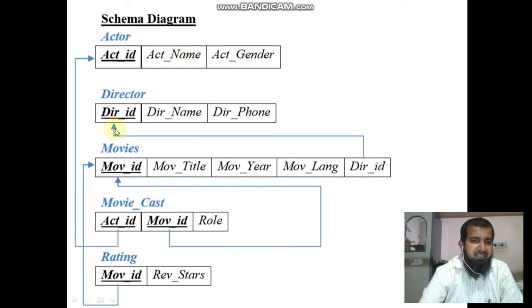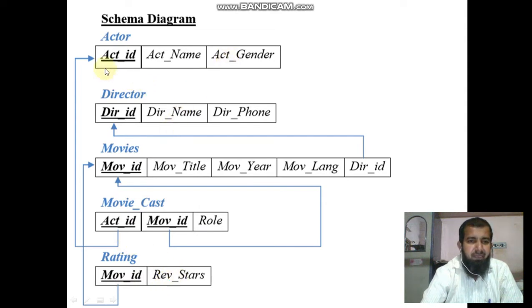Then director contains primary key director ID, director name, director phone. Then the movies table contains movie ID as a primary key, movie title, movie year, movie language, director ID. Then movie cast contains actor ID and movie ID as primary key, then role. Then rating: movie ID and received stars.